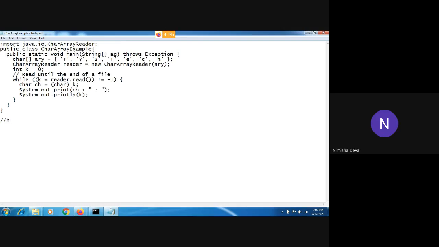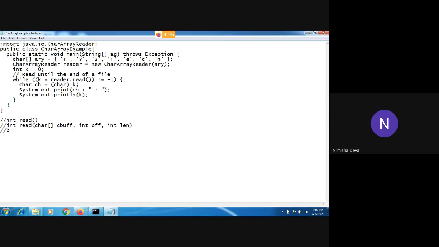First one is the integer read, to read the data. This is the simple method to read data by single character, means only one character is read through this method. The next one is the read method with a character array. Whenever this method comes in front of you, you have to write the offset as well as length, means a particular portion of that character array.